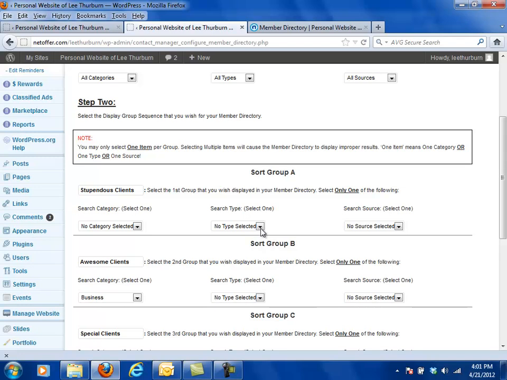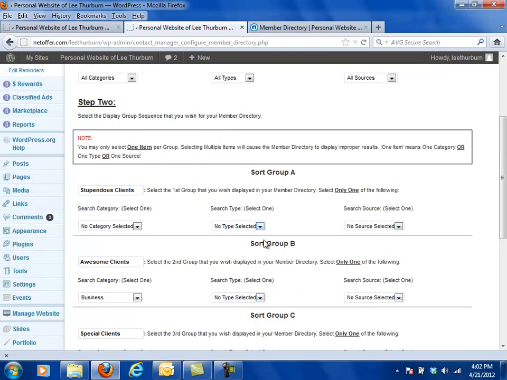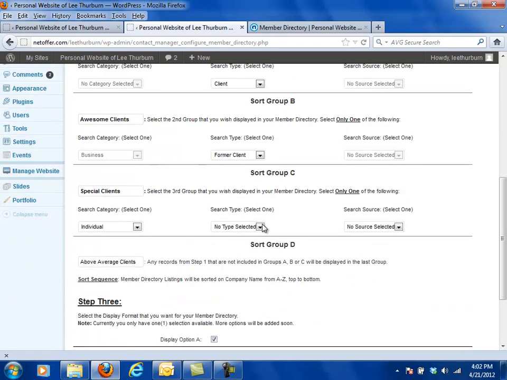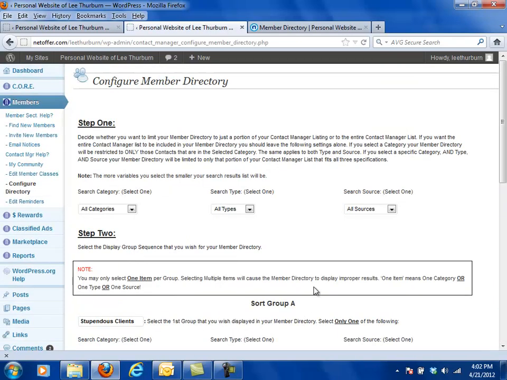can come back into the system and I can say, okay, I want to have, remember, my types are everybody, so in this group I'm going to have my clients, and in this group I'm going to have former clients, and in this group I'm going to have prospects, and everybody else is going to be in the last group. So now I'm going to come down here and click Save Settings, and now let's go look